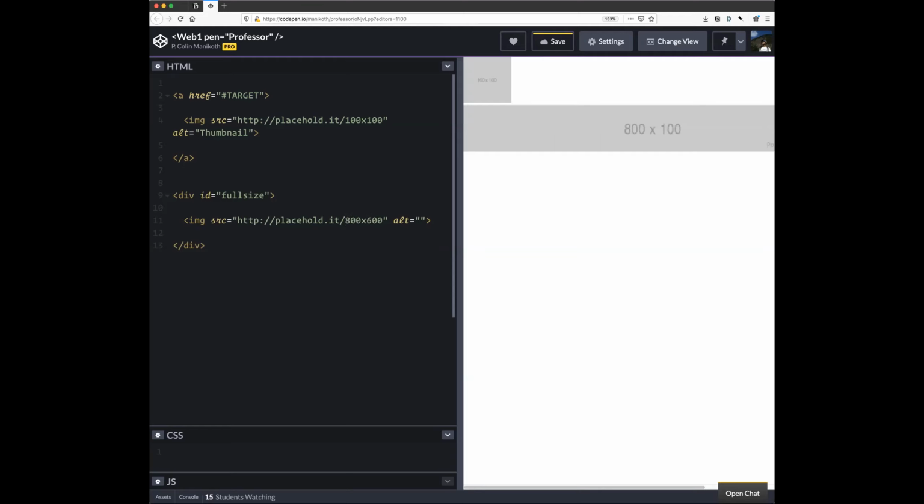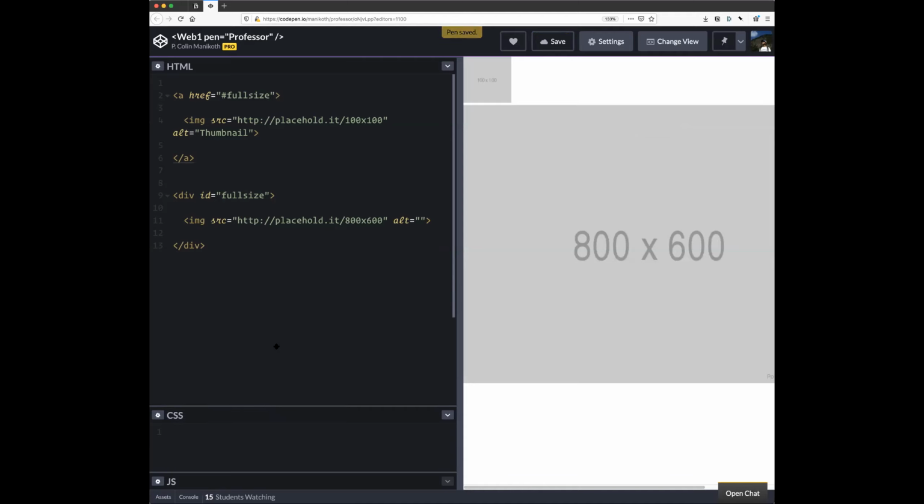All right, so we got this image here as 800 by 600. That is the large version, and the 100 by 100 is the thumbnail. And this ID of full size is referencing this. This doesn't make much sense right now because they're all on the same page. And what we're trying to do, everybody, is take this ID of full size here,